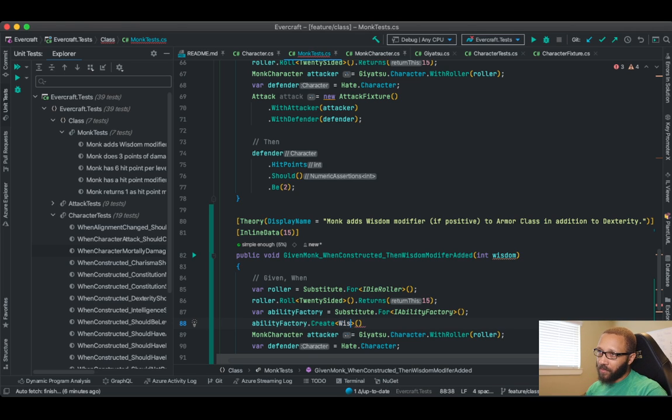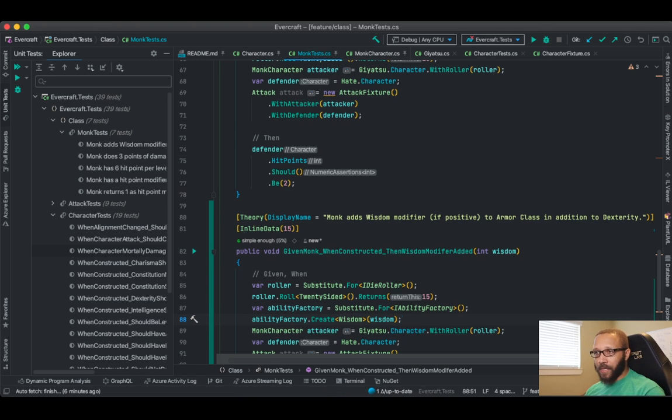We're creating wisdom, right? Yeah, because we need the initial set of the thing to be a positive on our scale. So that would be whatever the wisdom is that we pass in. Right, and then we give that factory to